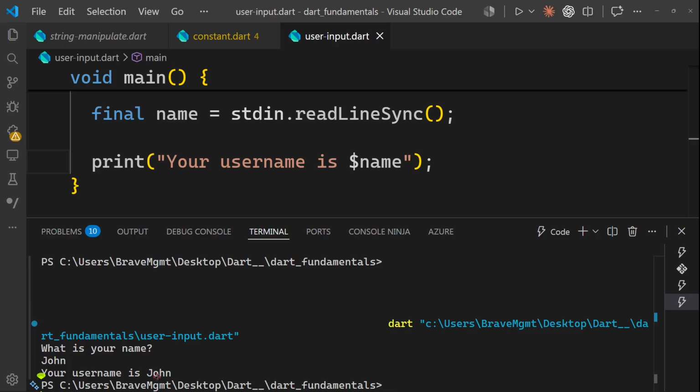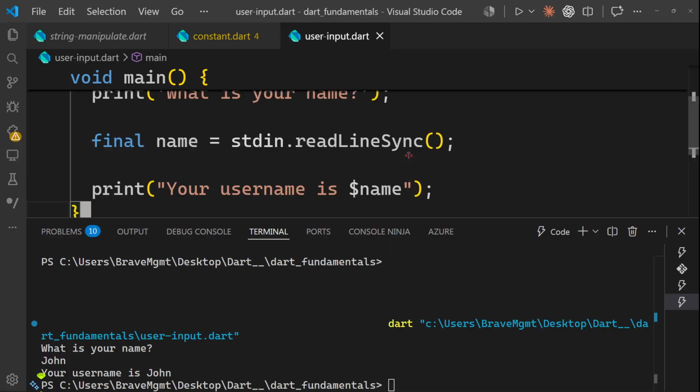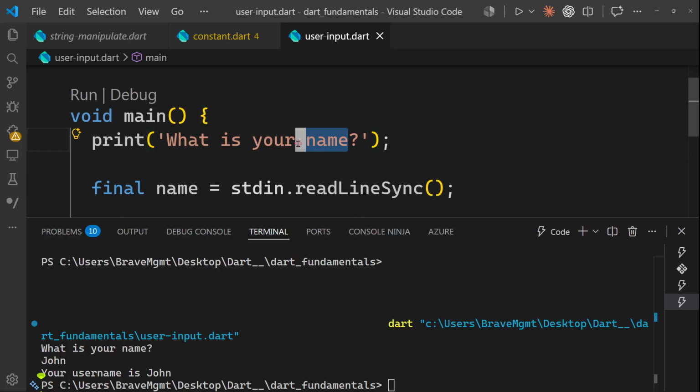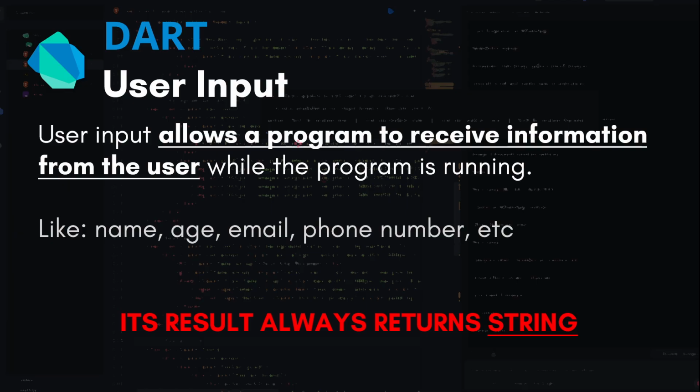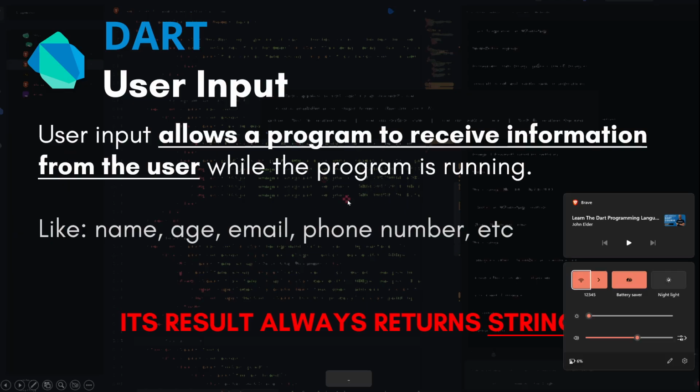So this is just what user input is in Dart. In the next class, I think we will do a little bit of extension on it. And remember, anything you type in the terminal is always going to return as a string. If you type what is your age, and you type whatever your age is, it will return it as a string. So you should have that in mind. That's all about user input, and we move on to the next